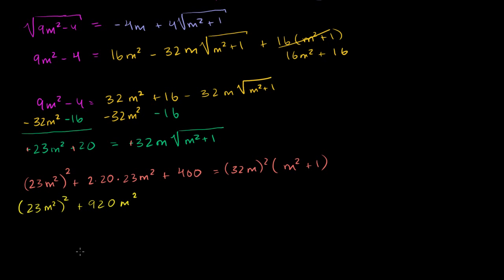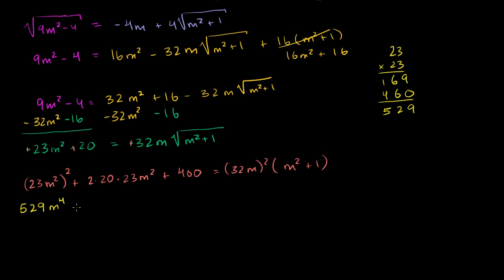Actually, let me expand everything out here. Let me just go straight to the numbers. So 23 squared: 3 times 3 is 9, 3 times 2 is 6, 69, put a 0 here. 2 times 3 is 6, 2 times 2 is 4. So you get a 9, 6 plus 6 is 12, 1 plus 4 is 5. So you have 529